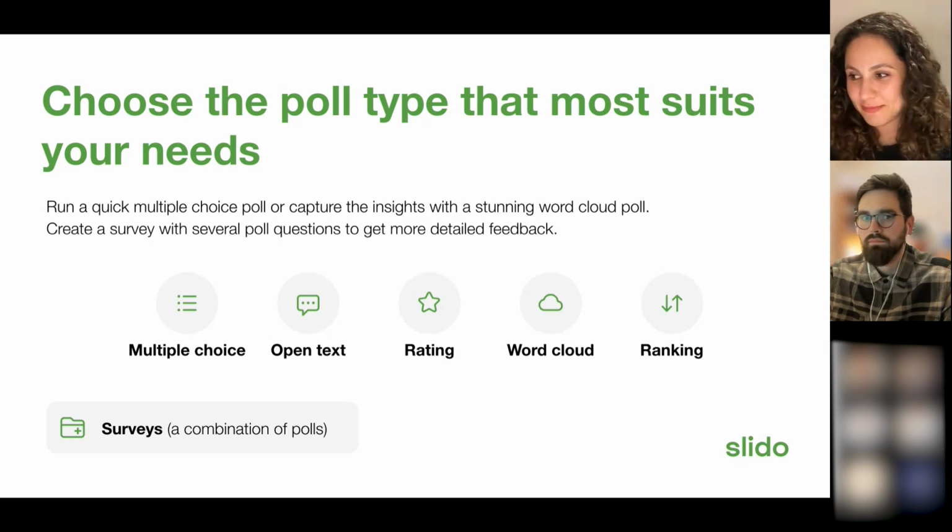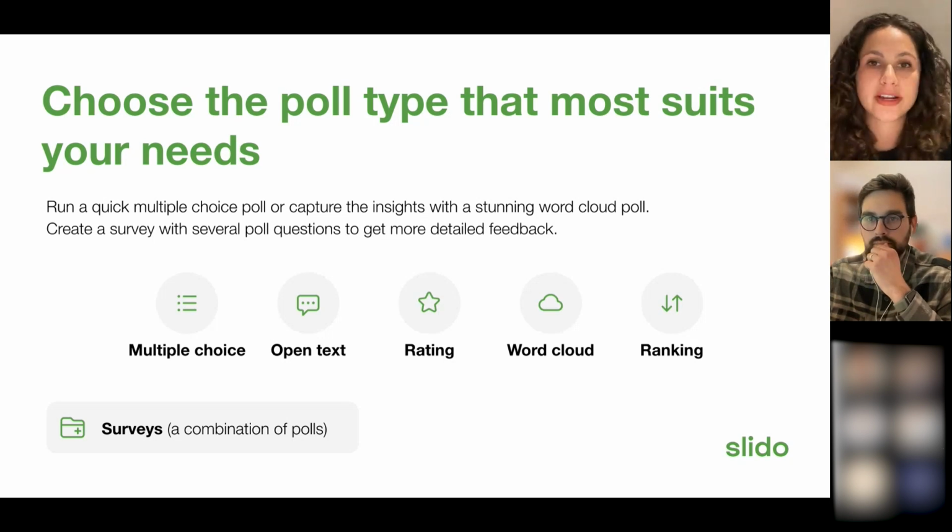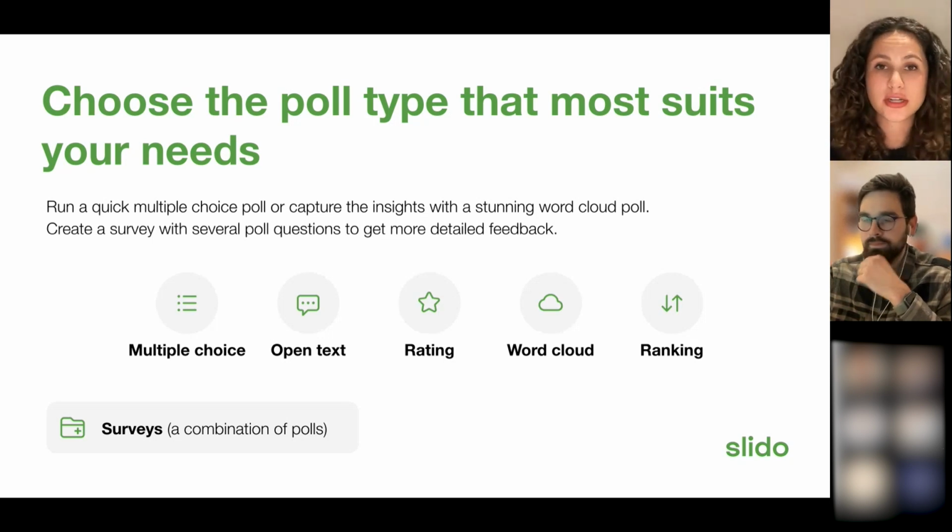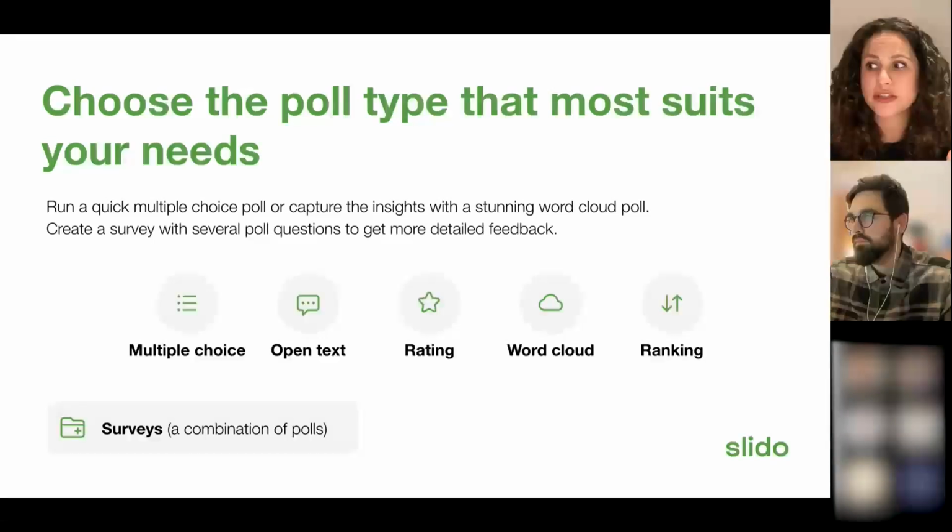Great question. If you're starting a new creative project and you need to brainstorm, an open text question or a series of open text questions might be a great way to get those obscure ideas out there. But let's say it's Q1, or whatever Q we're in. It's a new Q and you need to align or prioritize this quarter's objectives. A multiple choice or a ranking or a rating poll might be a great way to do that. So any use case you can think of, you can use a poll for with Slido. We also have surveys, which is a combination of any of these polls. So again, you can send that during a meeting to gather instantaneous feedback, after a meeting, or even asynchronously.